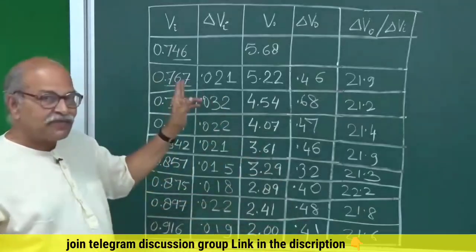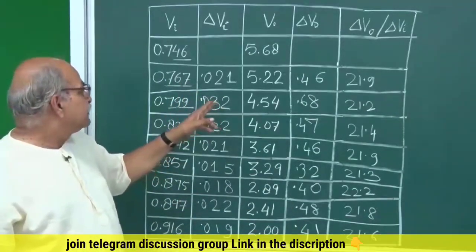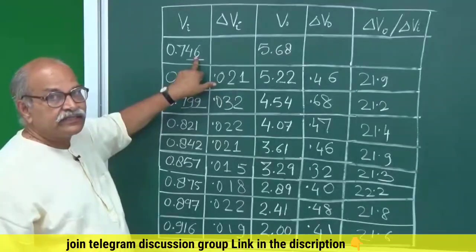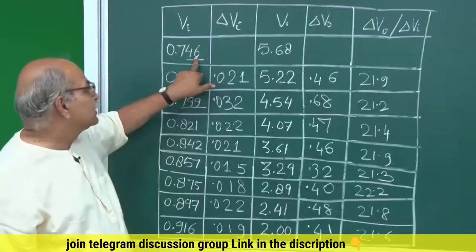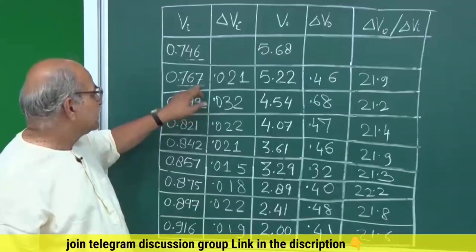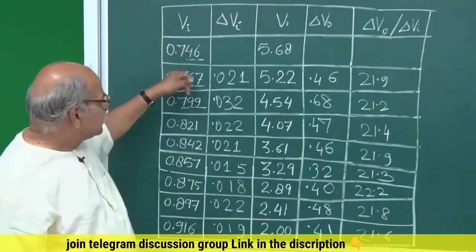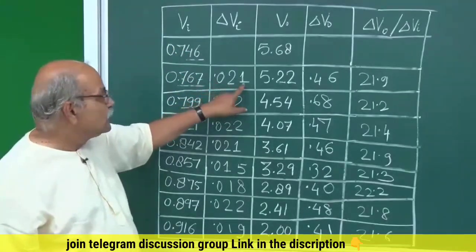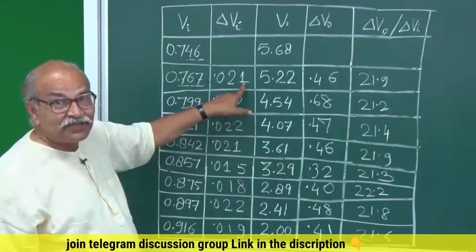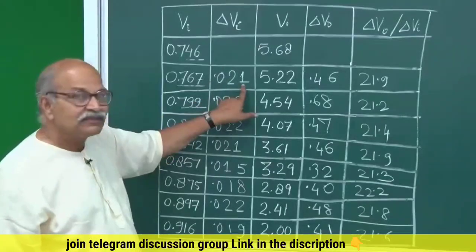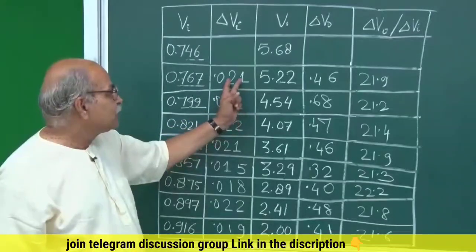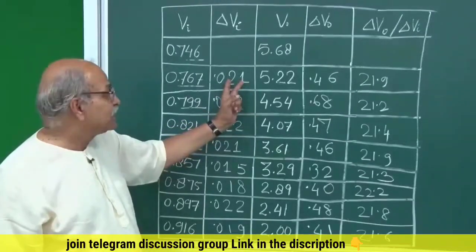And remember, each measurement has a least count. When I write this last digit here, it is least significant. So there could be an error of 0.001 here, and when you are subtracting, the errors add, so it can be an error of 0.002 here. An error of 0.002 is not small because this whole number is 0.021. If the error is 0.002, that means error is 2 in 21, which is 10%. So there could be a 10% error here.